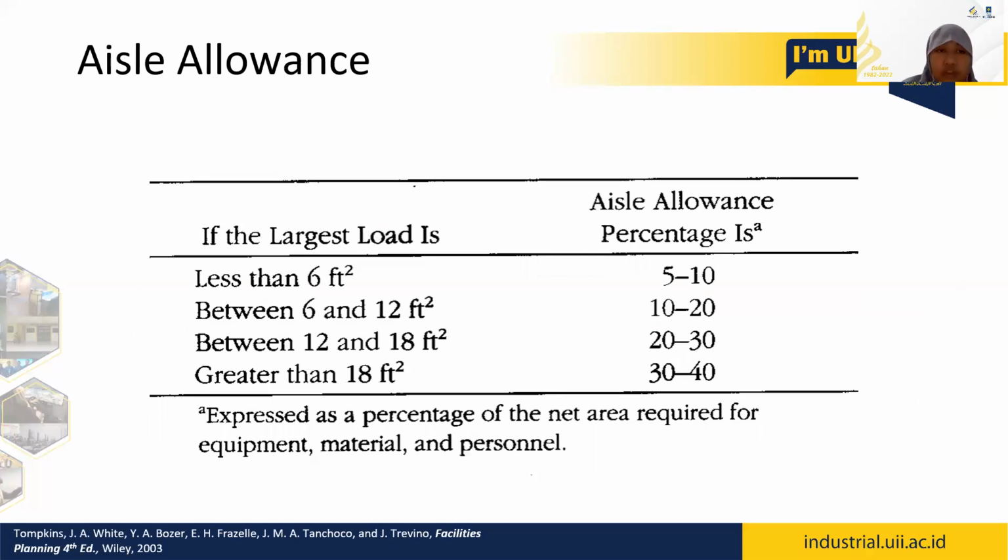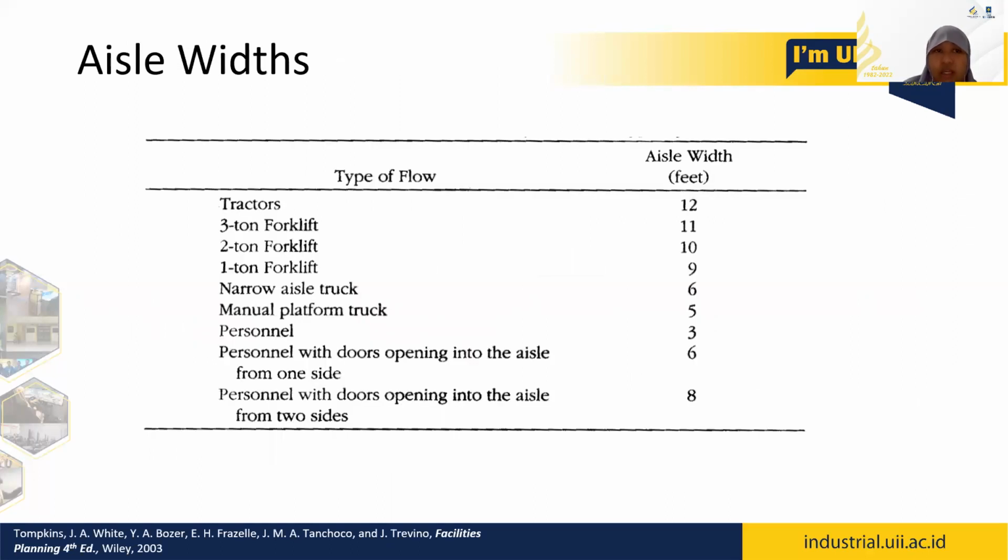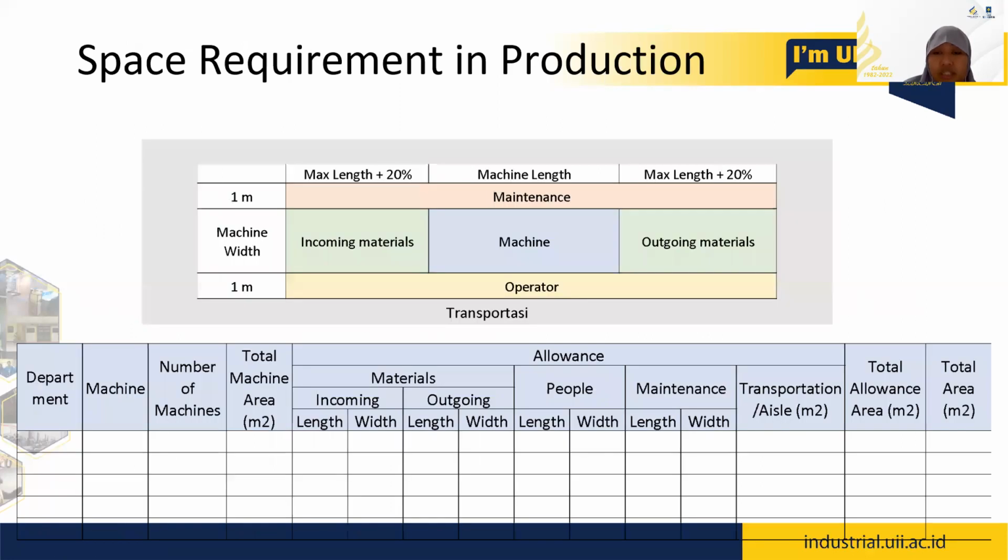From the books of Tompkins, there are several different aisle allowances considering the size of the load of the product. Okay, the aisle width also depends on the type of the material handlers needed to deliver or to move this product. Okay, so for the space requirement and production, what you need to do first is